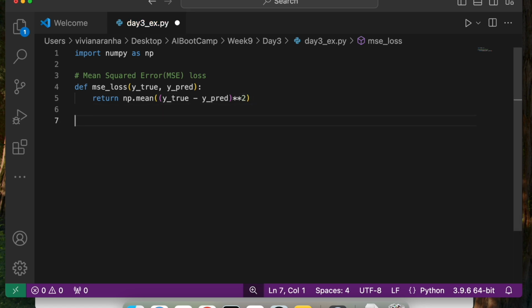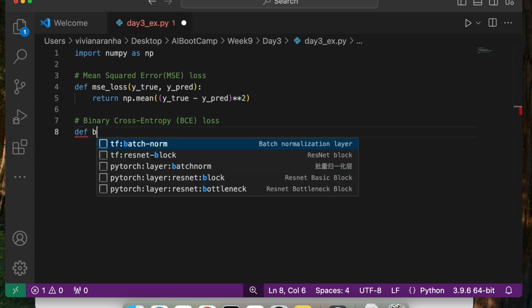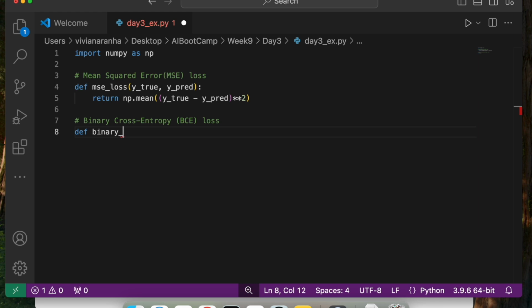Once we have that, next let's go ahead and do the binary cross entropy, or BCE, loss function. To define this, I'm going to say def binary_cross_entropy_loss.